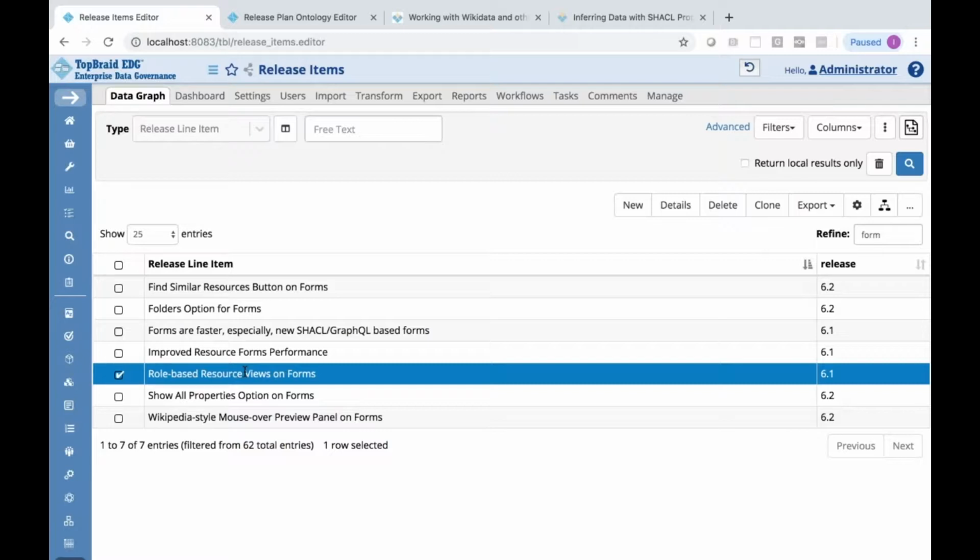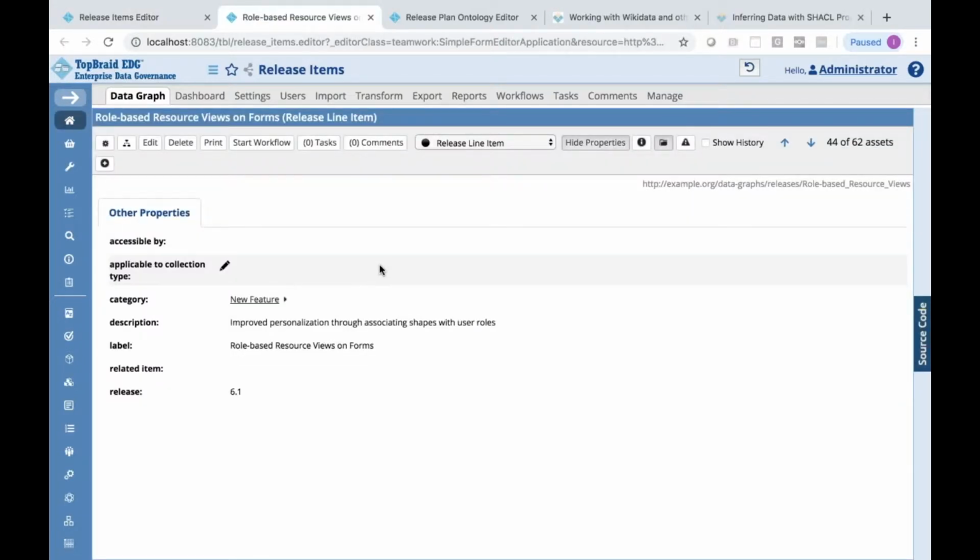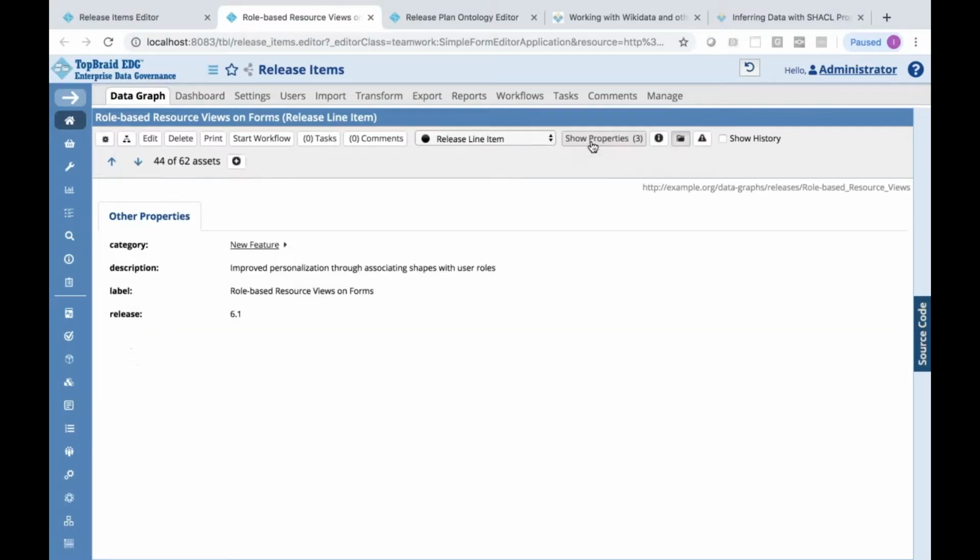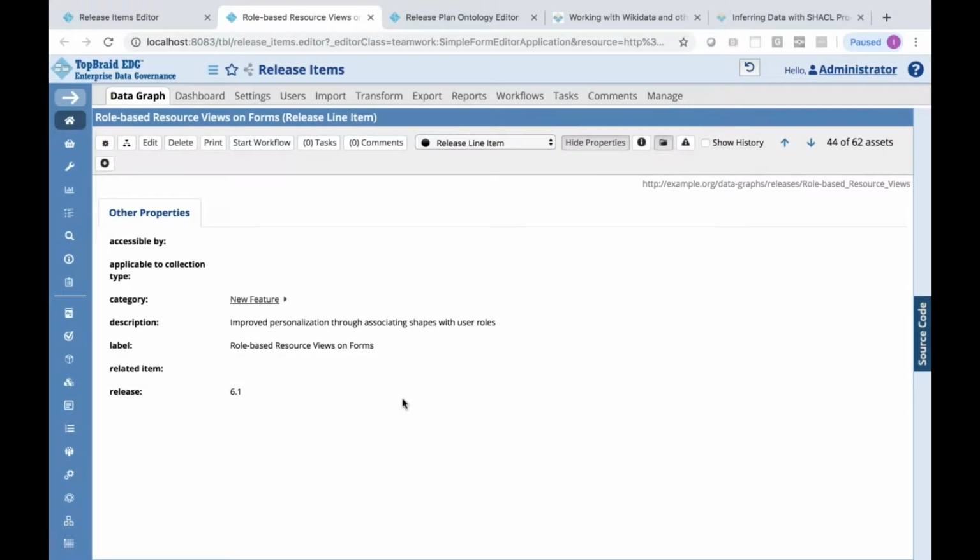Let's take a look at how the new or updated forms look. So one of the new features is that you could see not only fields that have values, but also fields that currently don't have values. This is switchable on and off, and your user preference will be remembered. So here I'm switching it off, so now I'm only seeing populated fields, as it was prior to 6.2, but it tells me that there are 3 more properties that are not populated, and I could switch to see them.